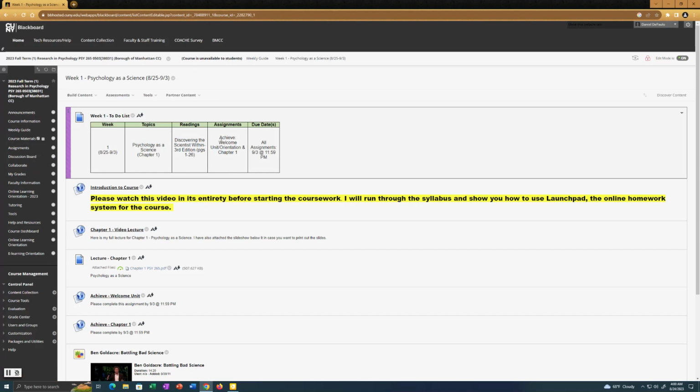We're also using a homework module called Achieve. Now, Achieve used to be known as Launchpad. It's been Launchpad forever, for many, many years. Now they have changed it to Achieve, so I may refer occasionally to Launchpad, but when I say Launchpad, I mean Achieve. Because it's the same thing, they just renamed it, and they changed a couple things on the menu. They set it up a little bit differently, but it's really the same thing.